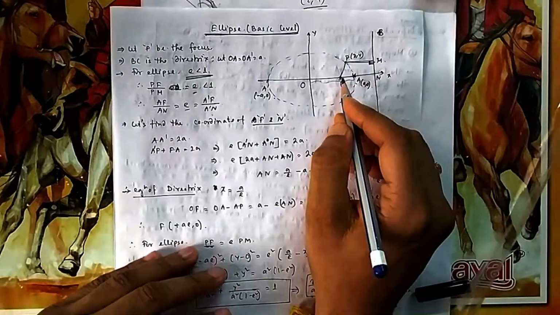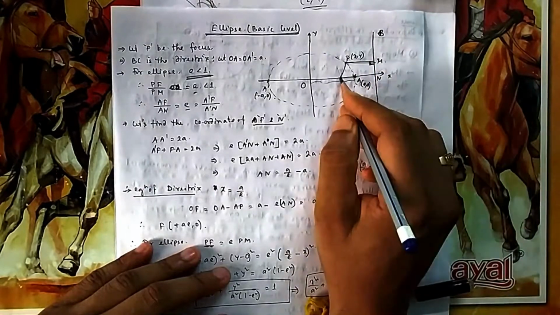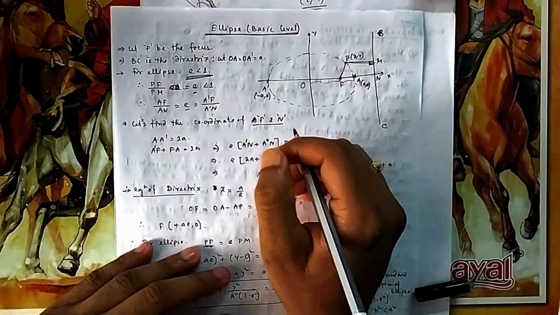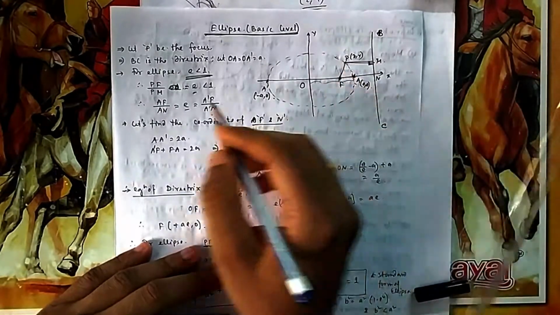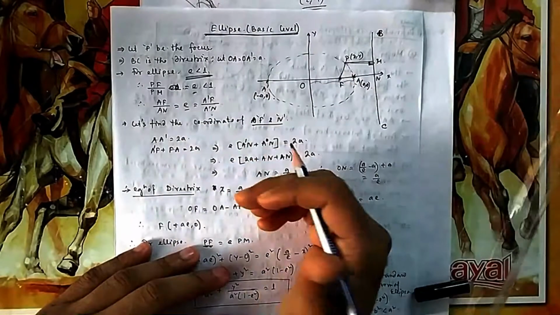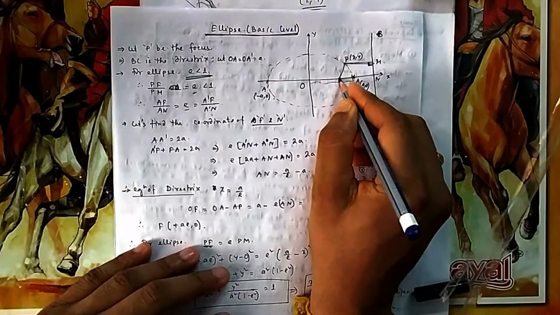Now let us find the coordinate of this focus and the coordinate of this directrix, because if we know this directrix and that focus, then we can find the standard equation. We have seen the parabola: we will take the distance from this, the distance from this, and that distance would be equal to the E ratio. So you will find an equation in terms of E. For that we have to find this point and this point.